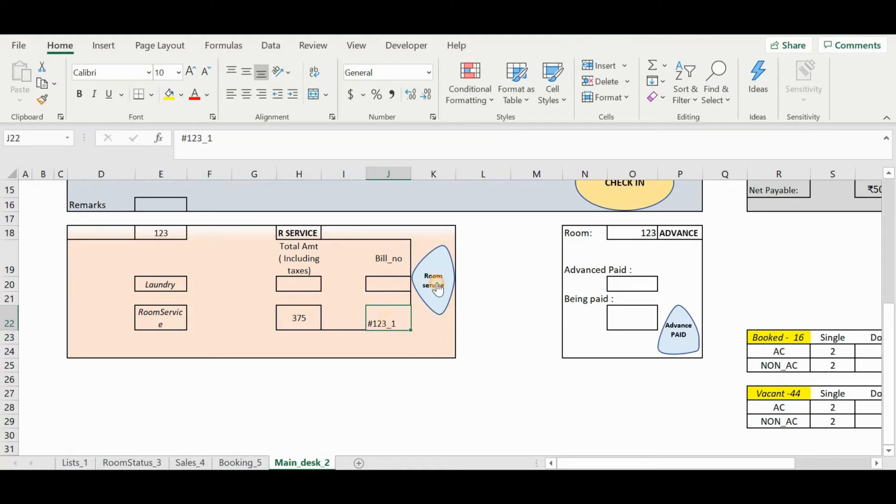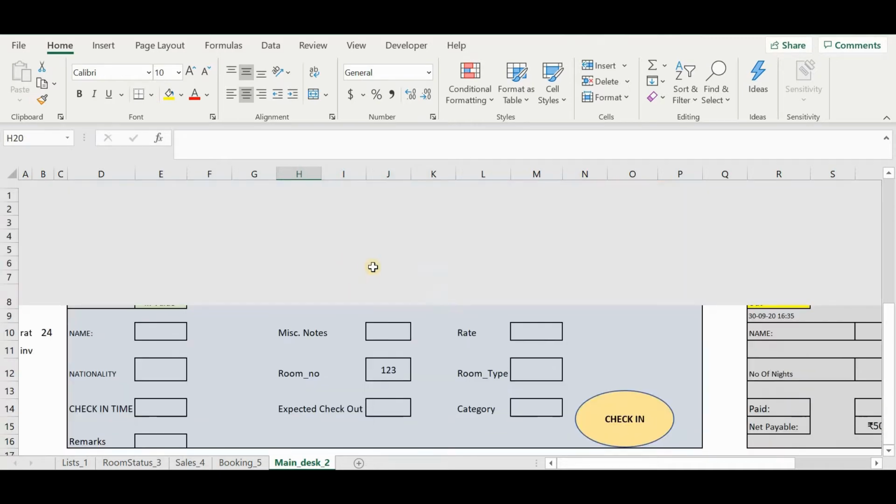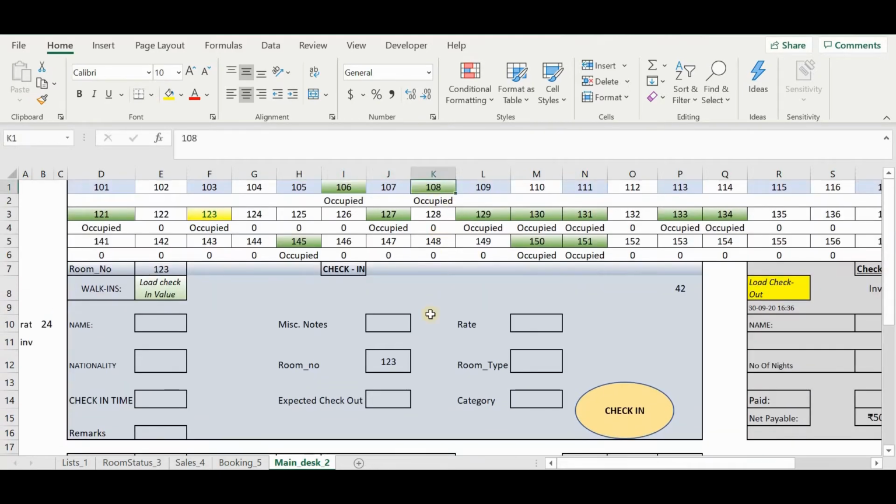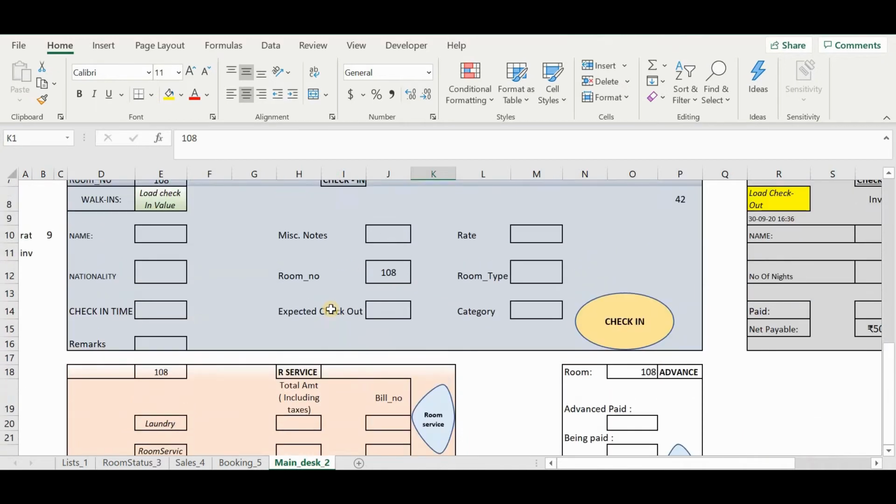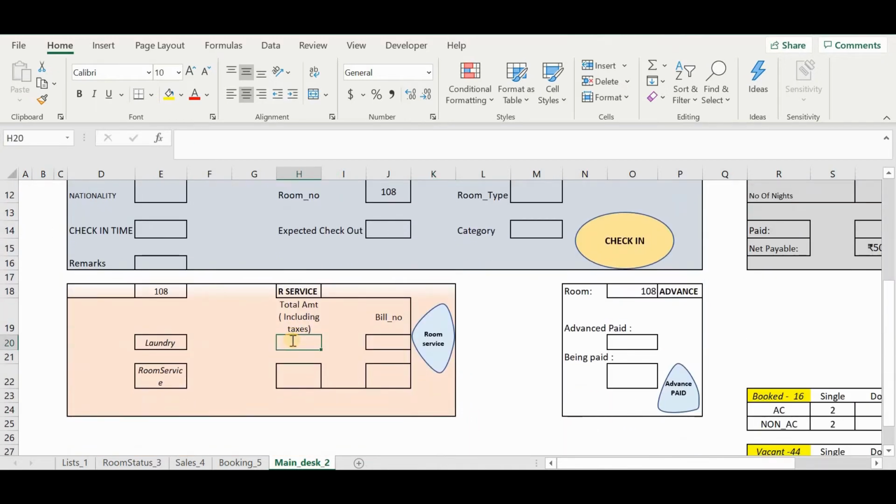Just click on room service. Again, let's say room number 108, which is also occupied, has a laundry bill of 100. Done. So this is a technique which is used to keep track of their extra expenses.